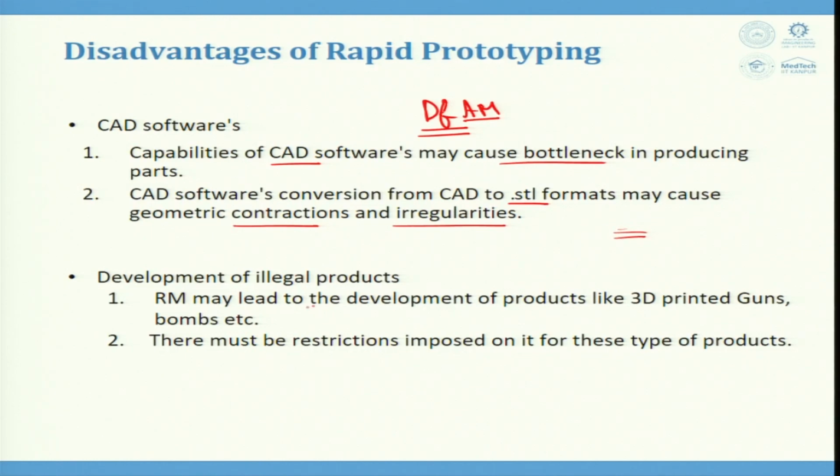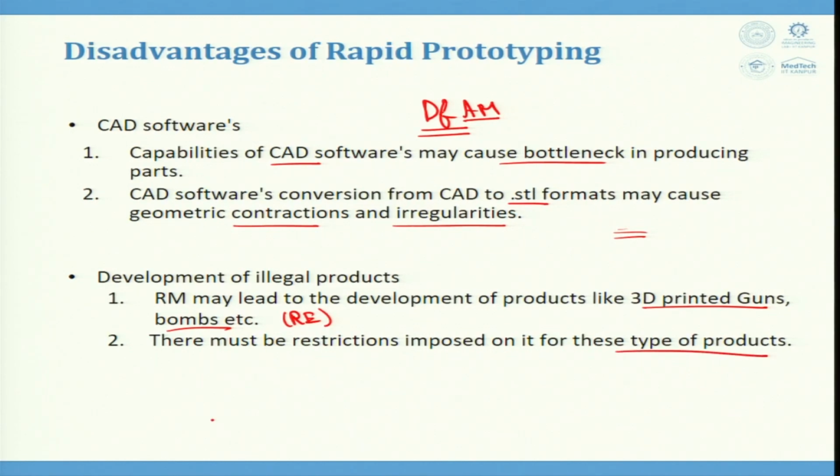Development of illegal products, that is, rapid prototyping may lead to development of products like 3D printed guns or bombs, etc. That is what I mentioned about. Reverse engineering is not to copy, reverse engineering is just for improvement, but using rapid manufacturing to reverse engineer a gun and reproduce it is a disadvantage. There must be restrictions imposed on it, and therefore, these kinds of products should not be allowed